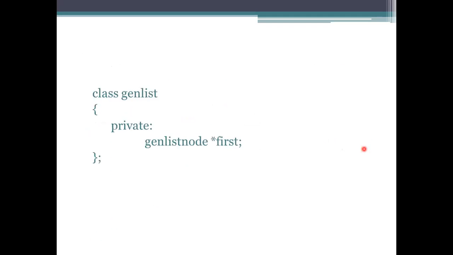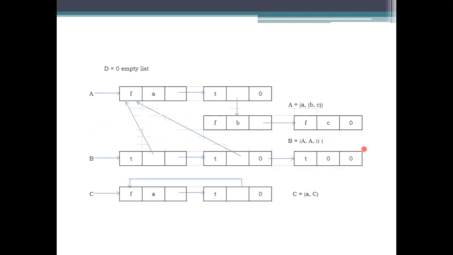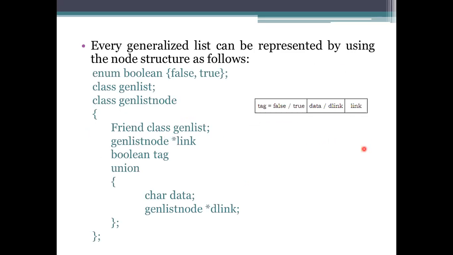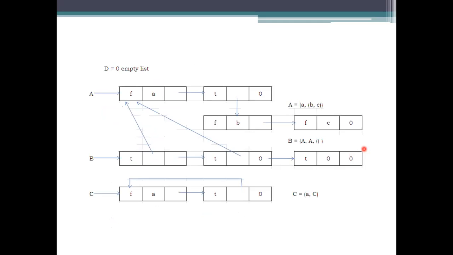And to form this generalized list, what you have to do is call up this, and check whether values are there or not. If the value is there, specify the link, value, and then specify the link there. If not, just leave it. So these are the examples we took so far. D, if you remember, is an empty set. D is an empty set means there is no need to create a list for that one.